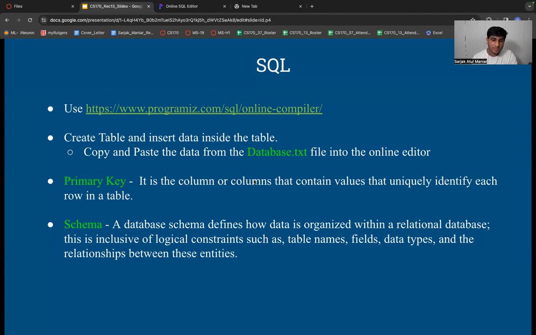So you can provide a constraint saying that the user or any person who is inserting the data or has access to insert data in this particular table should not be allowed to insert null values. It should compulsorily have some kind of int value inside the column RUID, right? So this is about constraints.